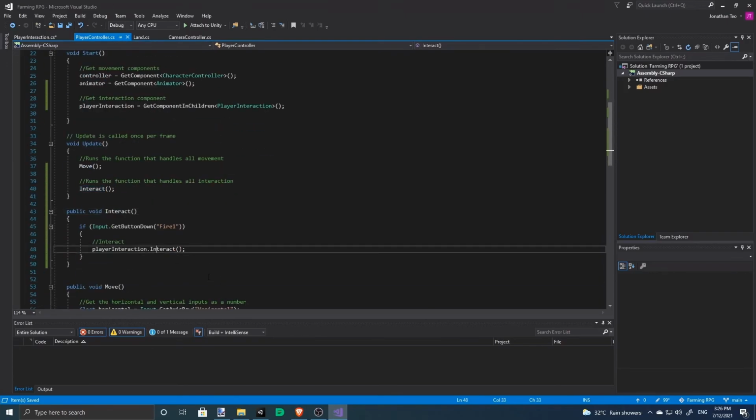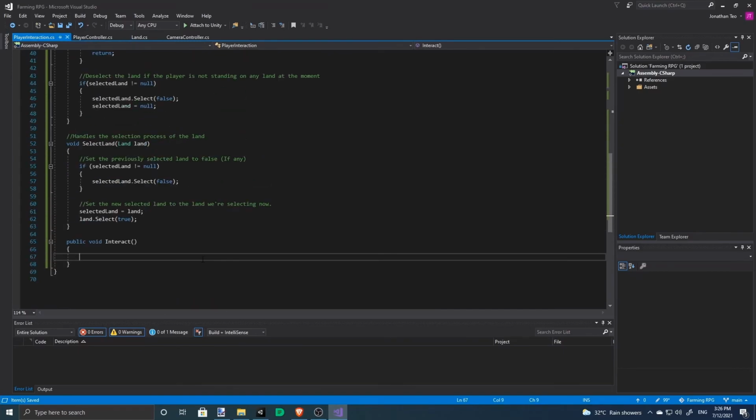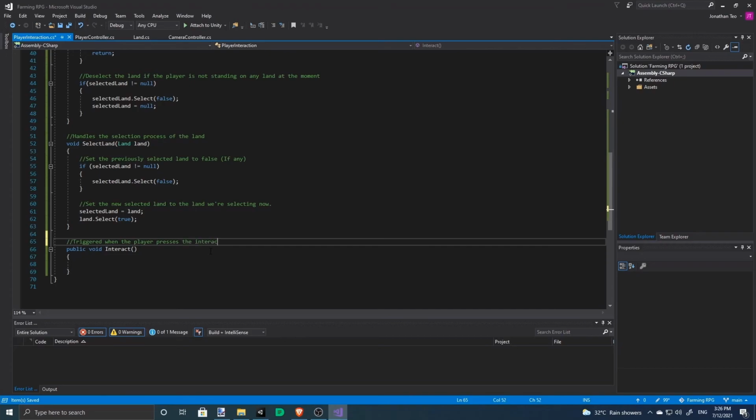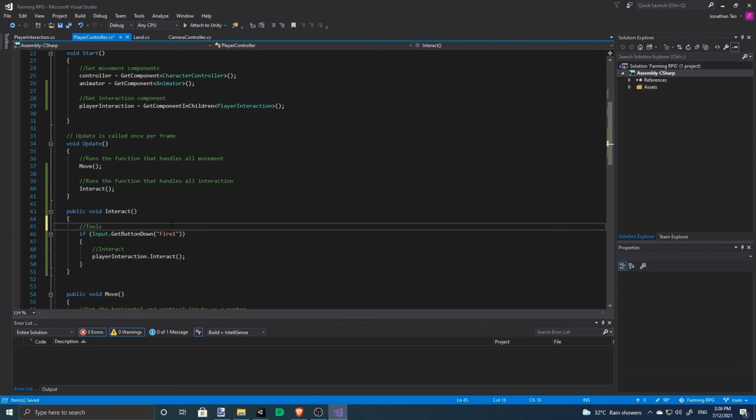So when I press the input, it's going to send an interaction here, our interaction system. So when it's triggered, when the player presses the interact key, or rather the tool button, because this is tools, because we will need another interaction system when the player picks up other items.